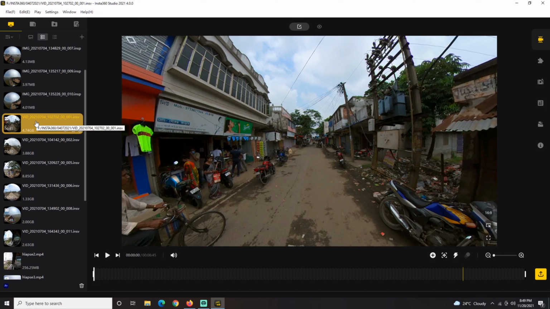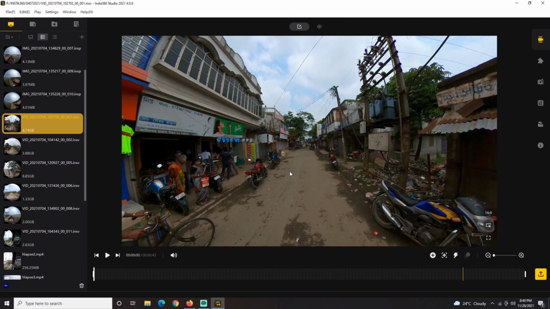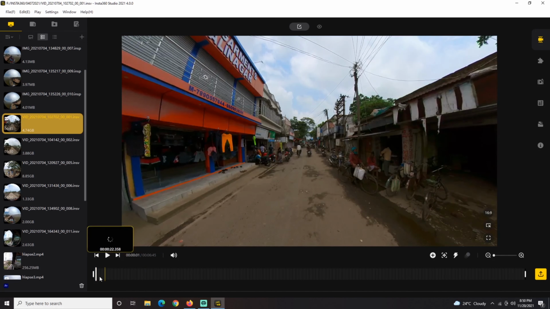We will work on this video file. Now this video was shot when I was sitting on the back of a van, and the speed of that van is of kind of medium speed. We'll click on the start of the video, or from where we want our hyperlapse to start, maybe at this point, and then click here, the time shift button. Alternatively, you can press Ctrl Shift S for the time shift button.